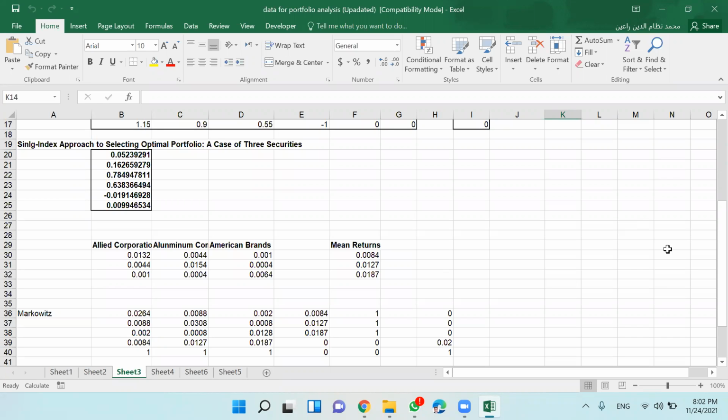Do you have any specific questions regarding estimating betas?